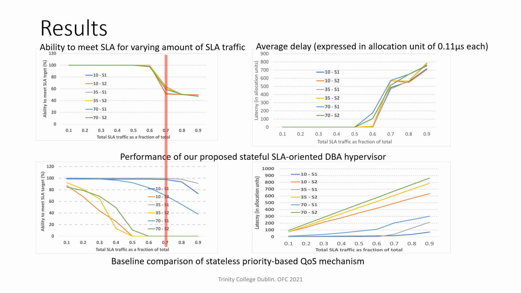You see that our stateful approach treats all SLAs fairly, while the stateless approach prioritizes one SLA over another. Also, the stateful approach has consistent latency, while the stateless approach does not respect latency requirements. Notice that SLA compliance cannot be controlled adequately, and generally SLA 1 availability is maintained at the expense of SLA 2 flows, which are totally unable to meet their SLA. Overall, the key advantage of our SLA-oriented DBA hypervisor is that both SLA services are equally maintained independently of their latency and availability requirements.